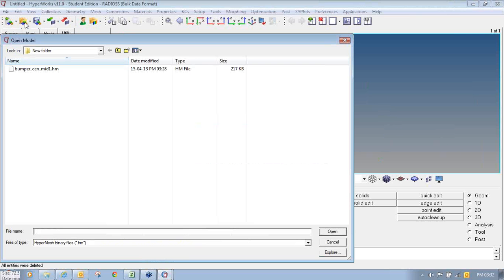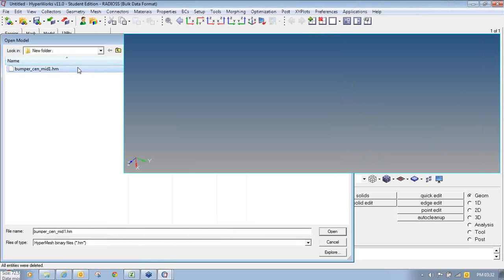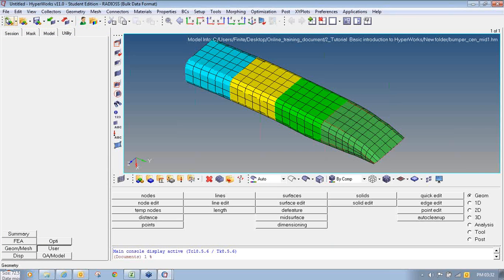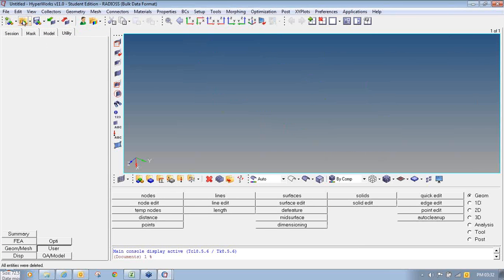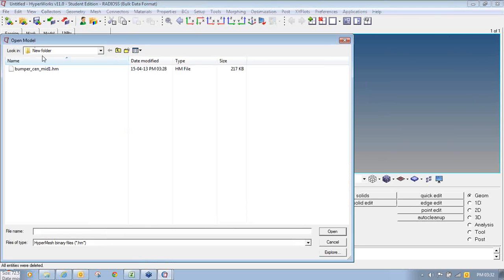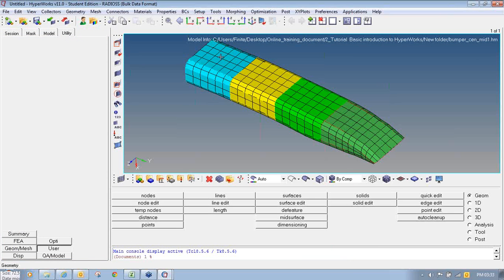Then again I will open. First of all we will see the HyperMesh file. So once I open this, go to open, select the location where you have saved, I will open this file and say open. So now you can see I have opened the complete file